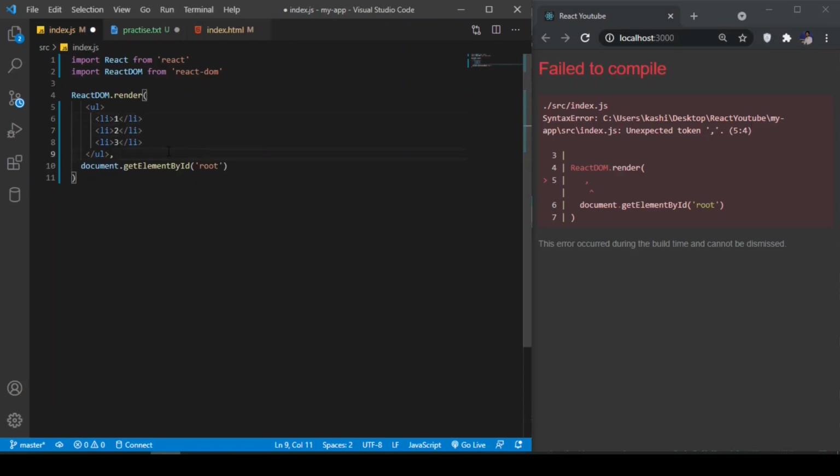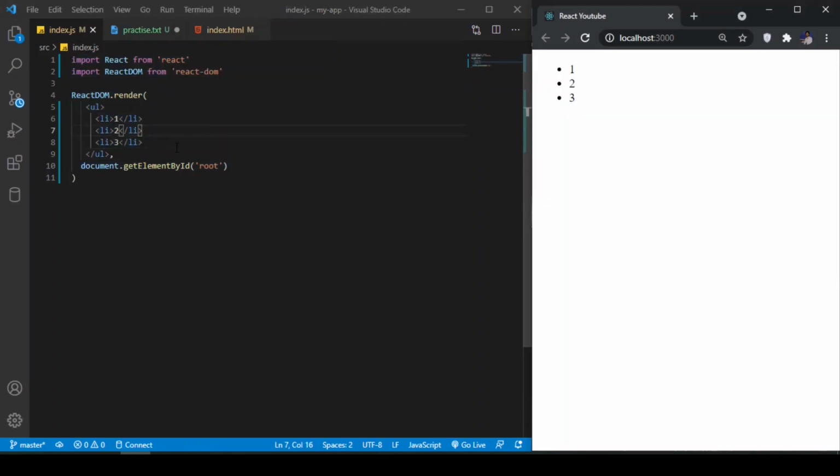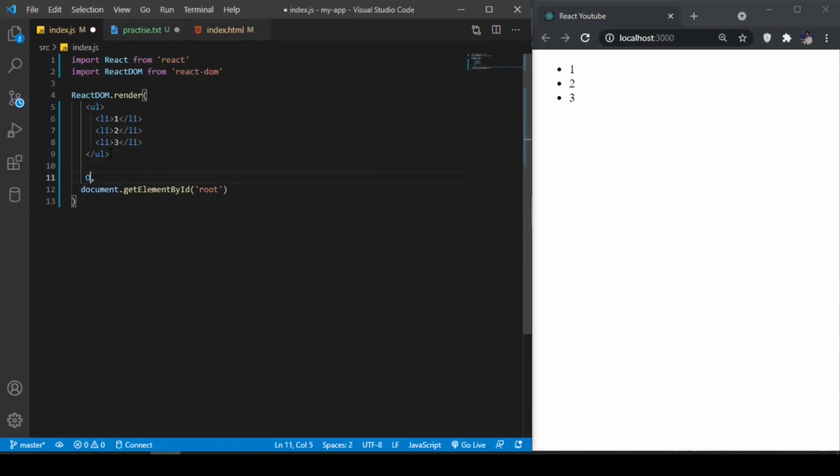So now this is okay. Once I hit save, this is going to be rendered in the browser. Here we have an unordered list that contains 3 elements. So you must have got the point of how we can render the unordered list and some other elements here by using JSX. Here is another point I'm going to explain: you can render an ordered list as well. OL,